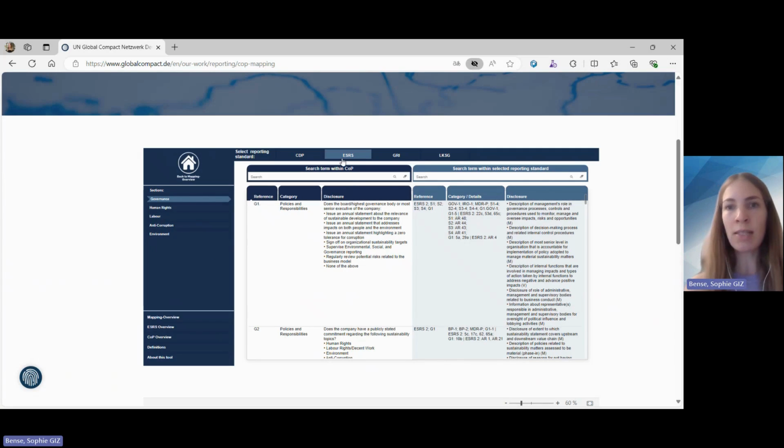So the standard that is normally selected is the ESRS. Here, in comparison to the first table, you will have the COP always on the left side, in this dark blue part of the mapping, and then the correspondingly selected reporting standard on the right side. And here the same functionalities apply. You can also search within the COP or search within the selected reporting standards, and then you have the comparison